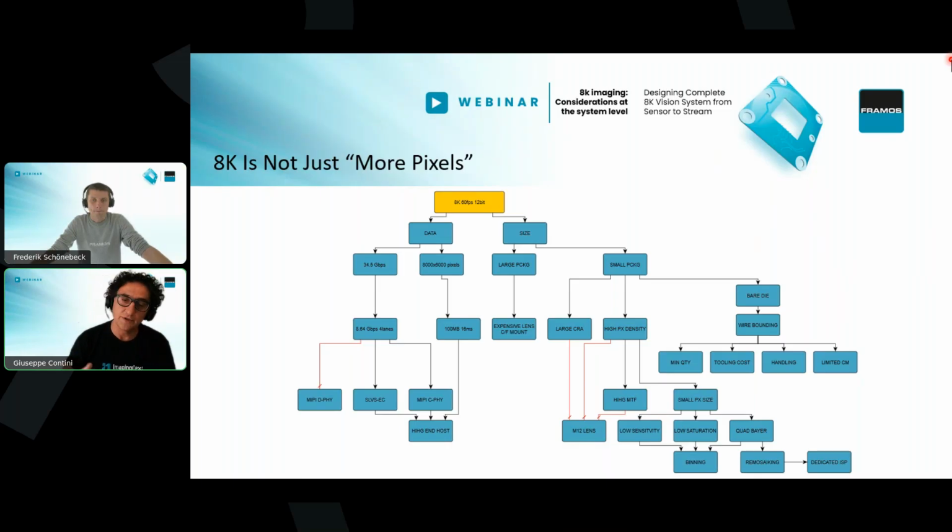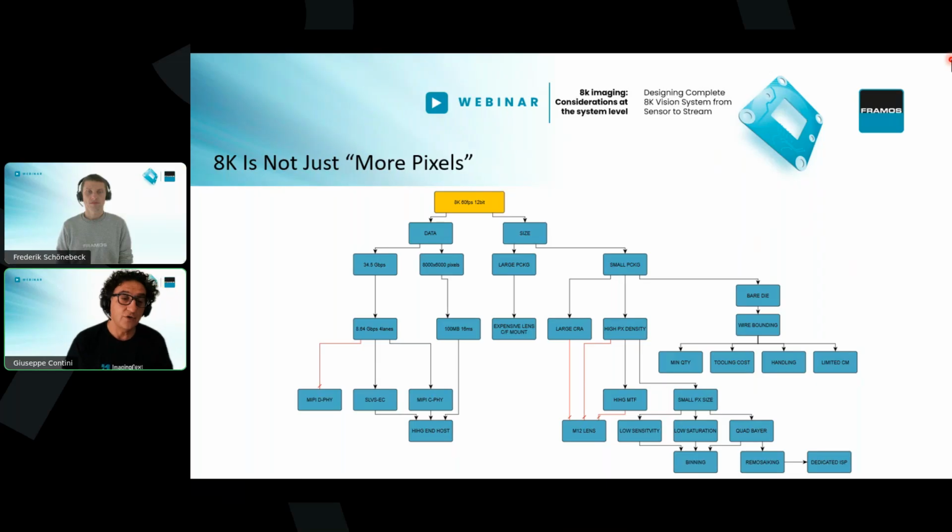This goes into high pixel density and the packaging topic. And if you have very small pixels, you have very high MTF, or very high spatial resolution. But then you have low saturation and low sensitivity because the pixel size is very small. Most of the time we see, and we will see an example, some different